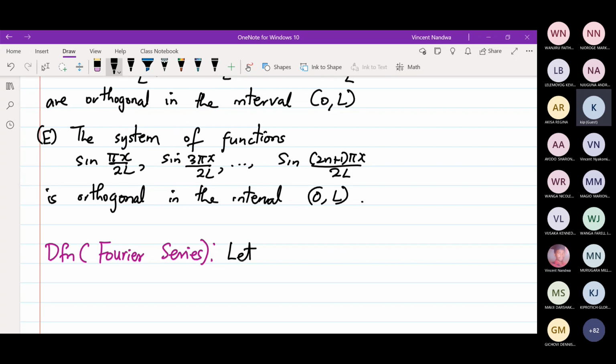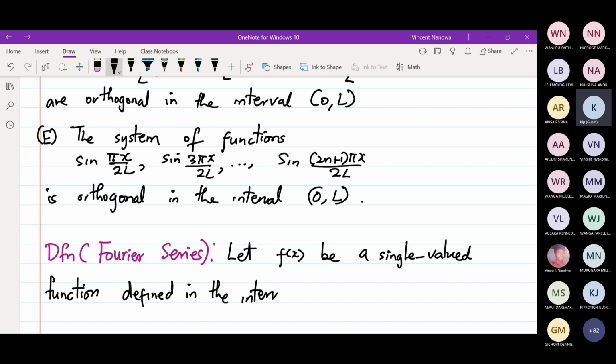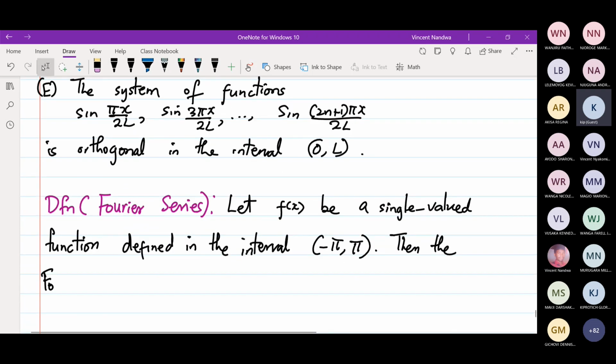So let us have a single valued function f of x defined in the interval minus pi to pi. Then the Fourier series of f of x is